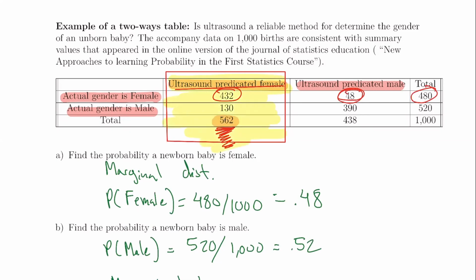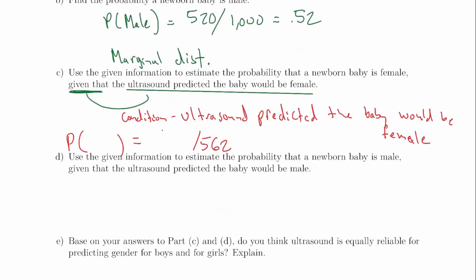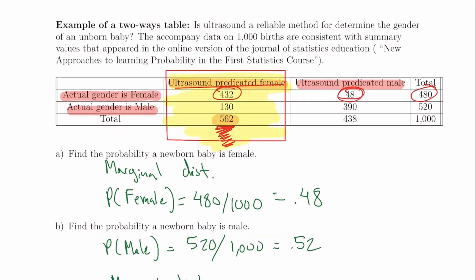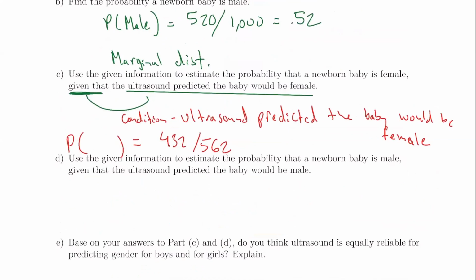So that's one thing about the conditional distribution: once we get the condition, you only want to focus on that condition, or how many people that condition applies to. So for this one, we're going to do 432 divided by 562. Any question why we got 432 divided by 562? All right, so let's go ahead and do that math. You do 432 divided by 562 and you get